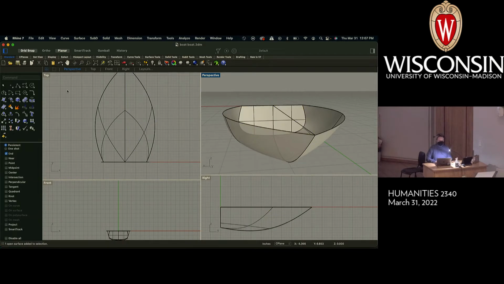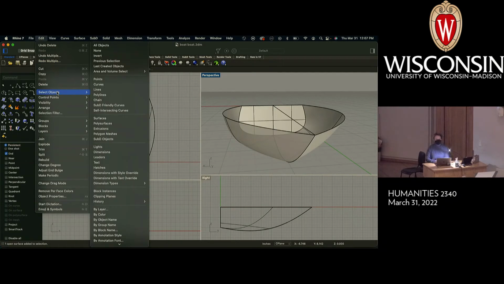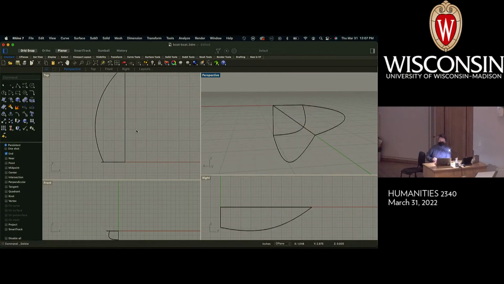use this select menu. So there's a select objects menu in Rhino that can be pretty useful. I'm going to select all the surfaces that are in my Rhino model right now. So if I go to select, edit, select objects, and then surfaces, I can select all of those surfaces. And I'm just going to delete them for a moment